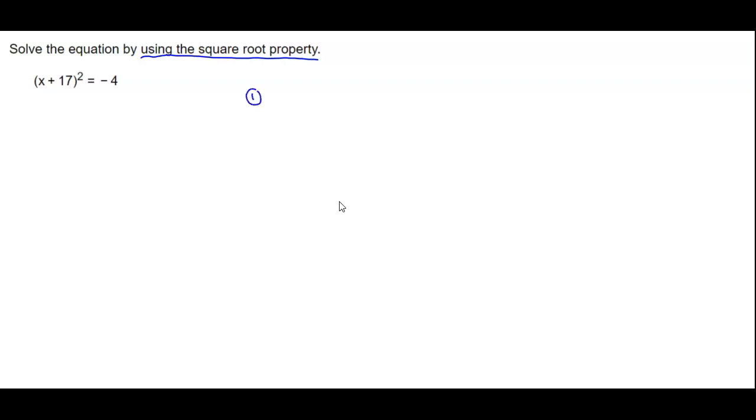So in step number 1, we just write out the question, (x + 17)² = -4. Okay, now at this point we don't have to add or subtract anything to both sides. We can start using the square root property from this first step. So in step number 2, we take the square root of both sides. We have the square root of (x + 17)², and that's equal to plus or minus the square root